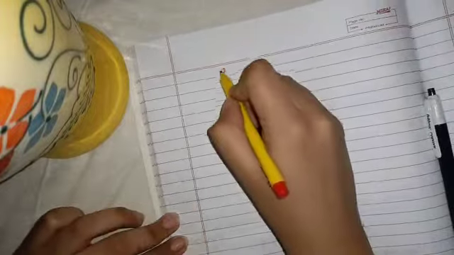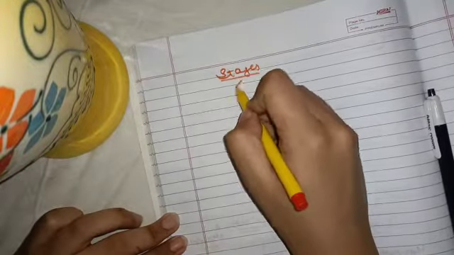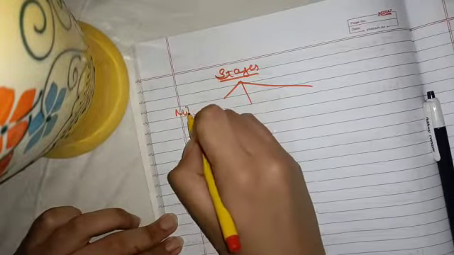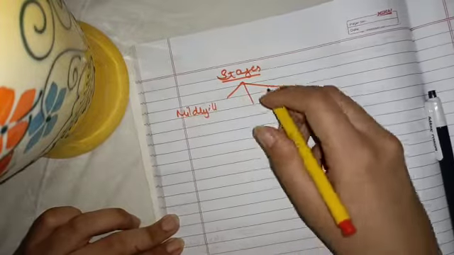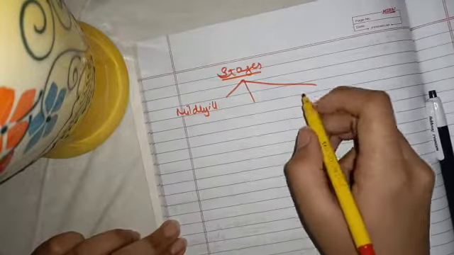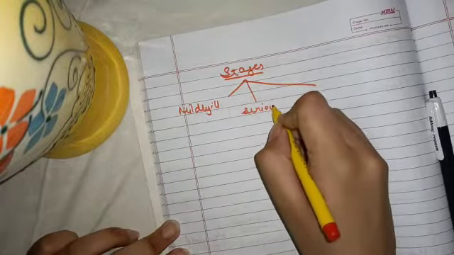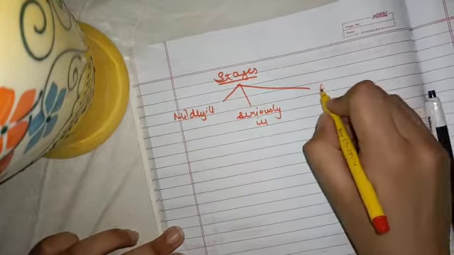Then, after this, we will just discuss a few stages, then we'll go on to the treatment. All right, so in stages of tetanus, we will divide them into three. First is the mildly ill, second is the severely or seriously ill, and then the dangerously ill.